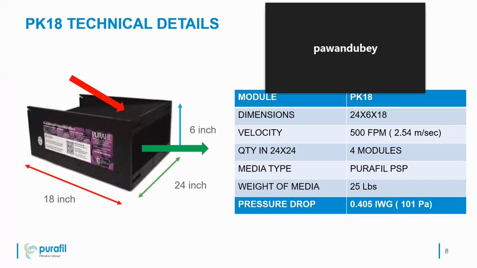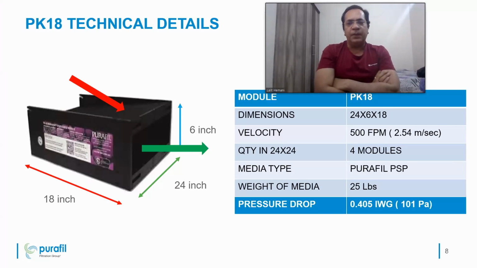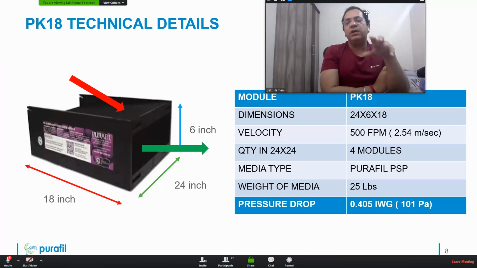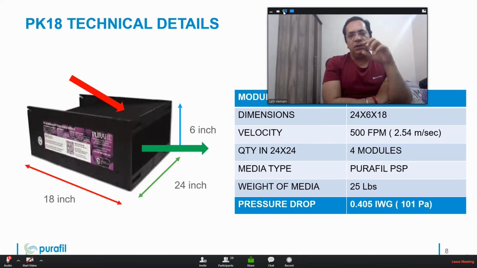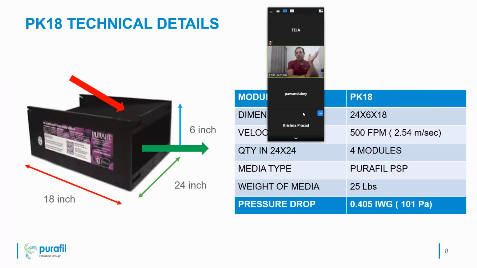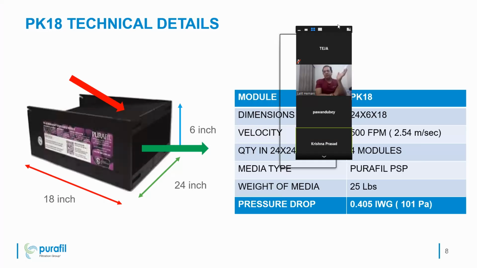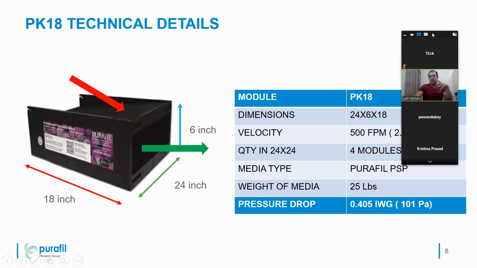See, we are cleaning the air. This is not related to the room. This is for the air filtration, and air capacity is already designed looking at the occupancy in the building and the dimension of the building. Now, whatever air is going in that building, we need to clean that air. Okay. Now, how many modules are required in the HVAC? That you can decide, looking at the quantity and dimension of the pre-filter. If you can see here, I have mentioned quantity in 24/24. That I am talking about the pre-filter. In the next slide, you can see that.